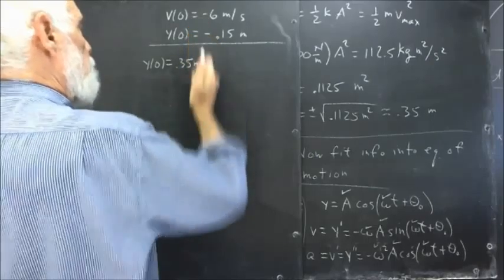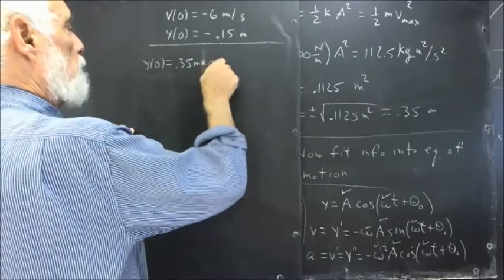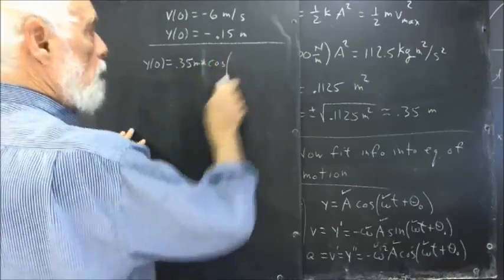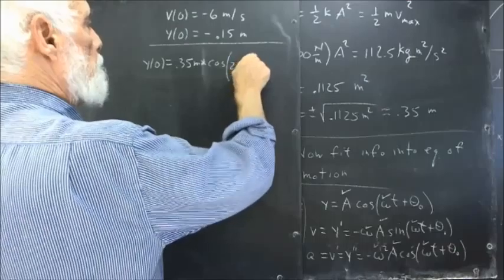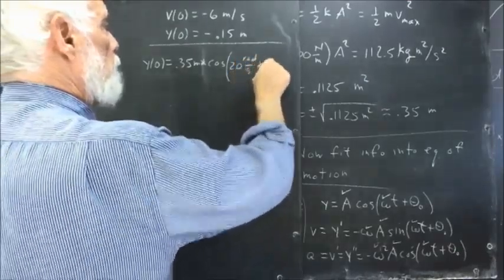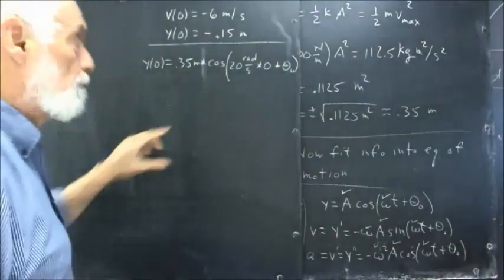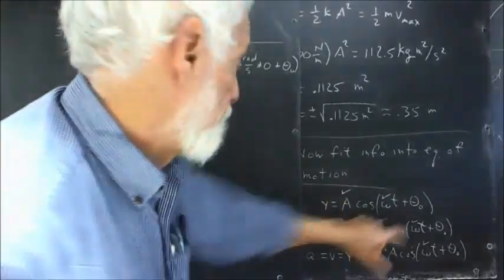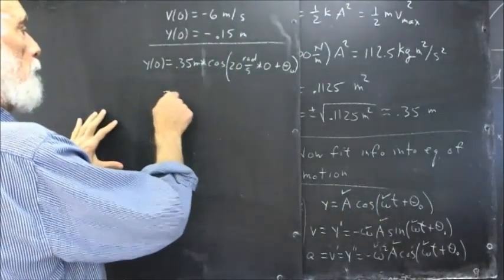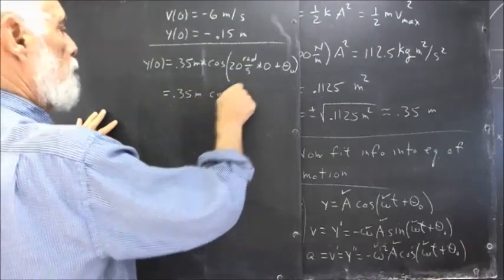That would be times the cosine of 20 radians per second times 0 plus theta naught, substituting 0 for t. Now that equals 0.35 meters times the cosine of theta naught,